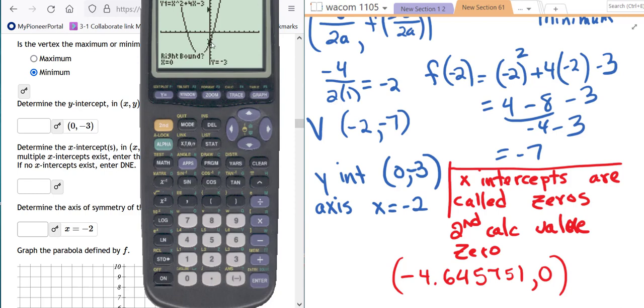See, it moved it to it. Right, now a right bound, I could type it in or I can move the cursor. If I want to move the cursor, I just have to click that right arrow button on my calculator and get past it. So now I'm to the right of it. Click enter, or I could have entered a number and enter one more time. So you're doing enter 3 times. All right, and there is my other one. So it is point